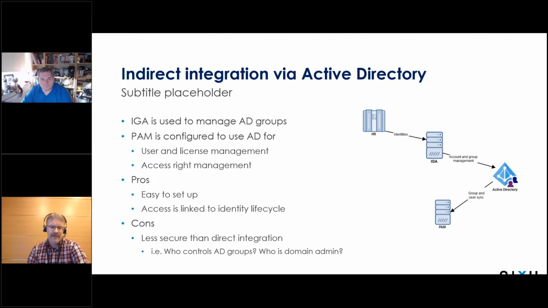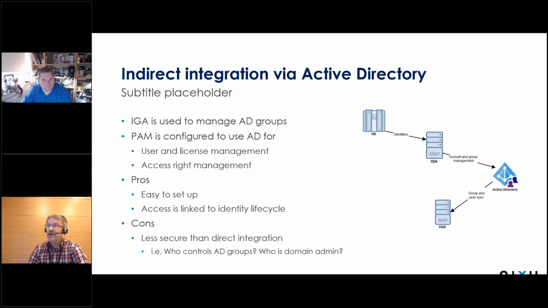So IGA will add that person into the correct security group. PAM will read that group, and then that person gets the correct level of access in PAM and to exactly the right privileged credentials. So really quite a simple